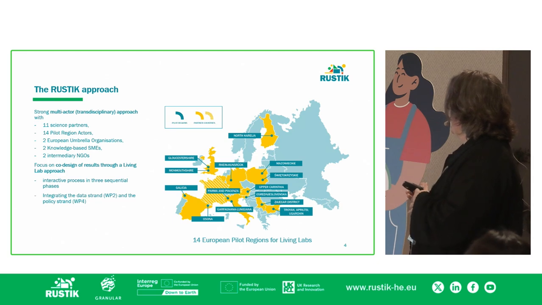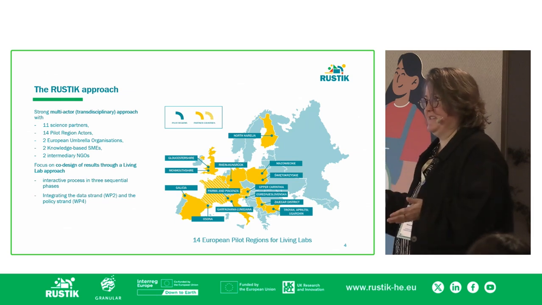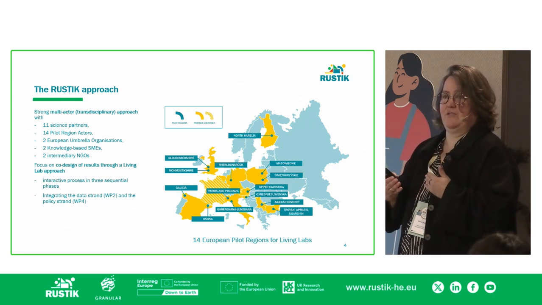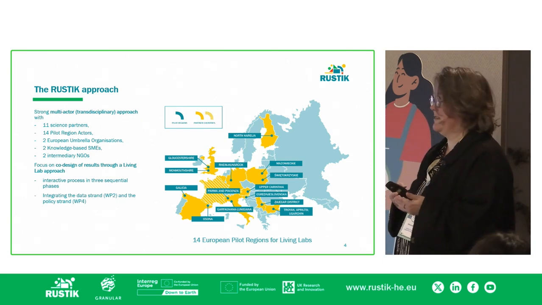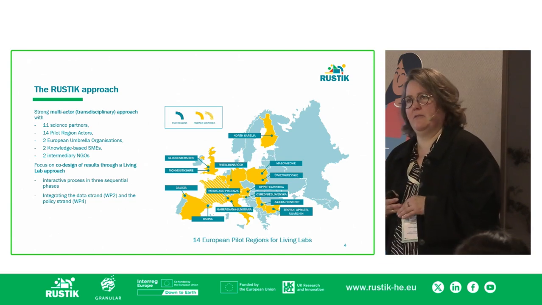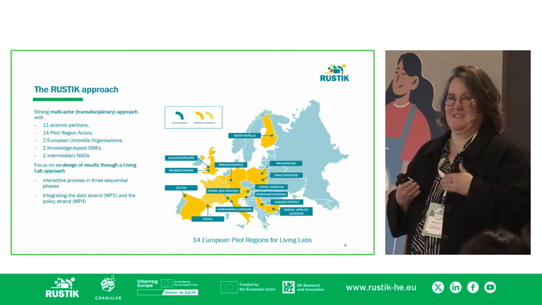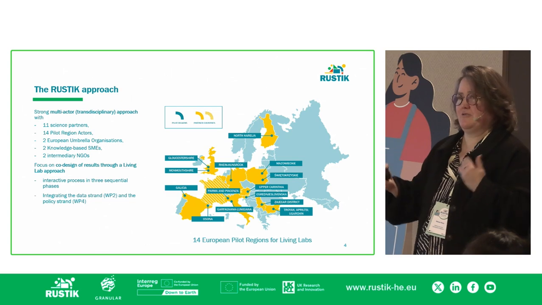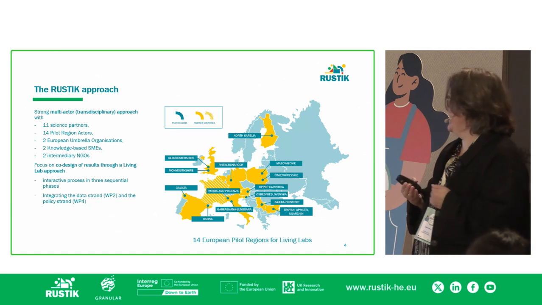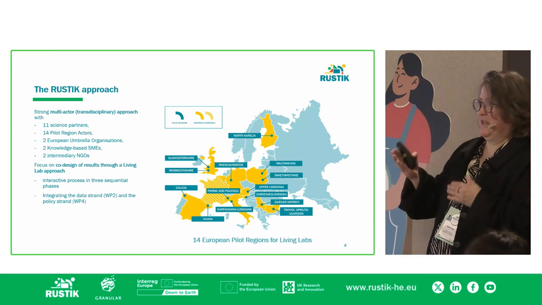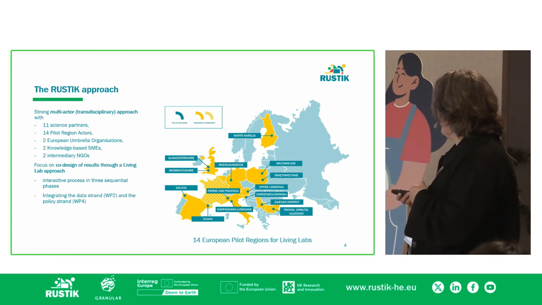Our main focus is on co-designing of results through a living lab approach. The living lab approach has 3 phases. The first one is trying to identify the needs and gaps that we wanted to address, and also to identify the main challenges. The second phase, and that was the most, let's say, intensive phase, is the so-called data experiment. So trying to find new ways to collect data and to analyze the data. And the third phase, which is coming to an end slowly now, is the policy integration, so using the information in the policy phase.